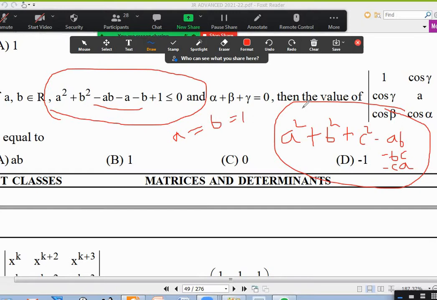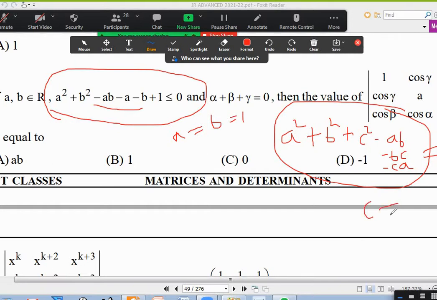Sir, or we multiply everything with 2 and divide by 2, we get it as a minus b whole square plus b minus c whole square plus c minus a whole square. Good. All of you remember, earlier we discussed that this can be written as (a minus b whole square plus b minus c whole square plus c minus a whole square) by 2, right? Yes, sir. So because of that, if I say this expression is equal to 0, when is that possible? a equal to b equal to c equal to 0. Yeah, we thoroughly discussed that, right?